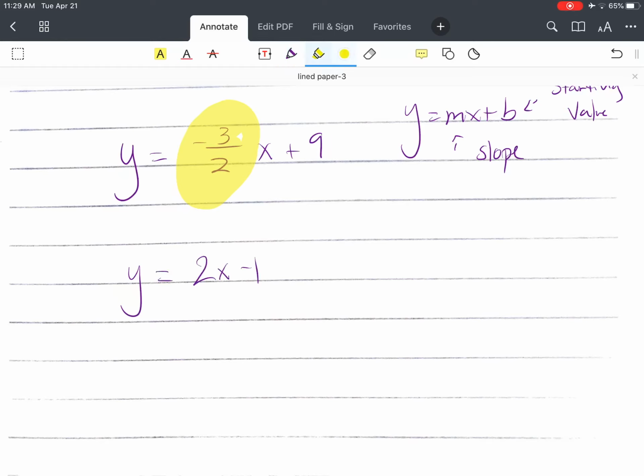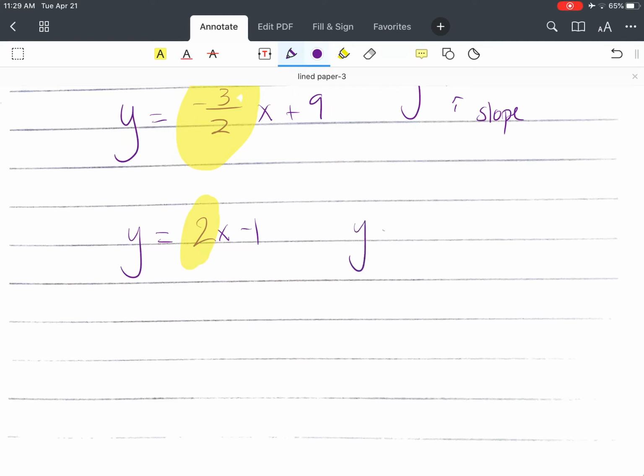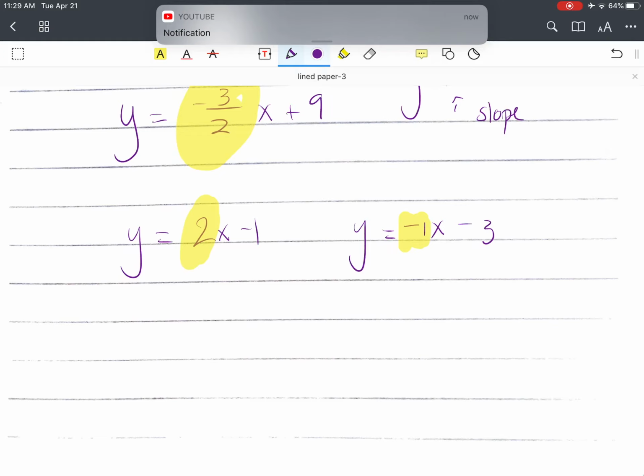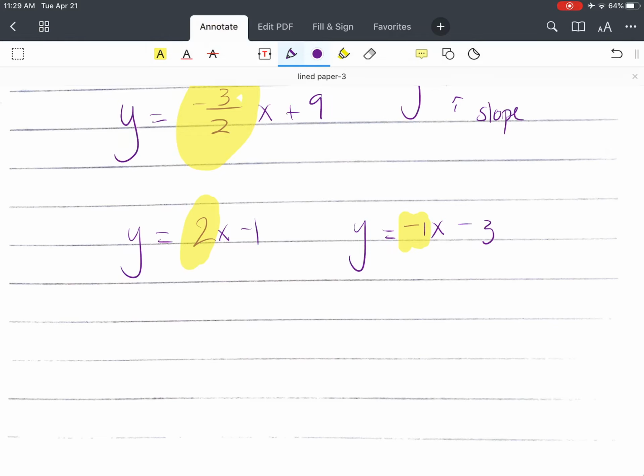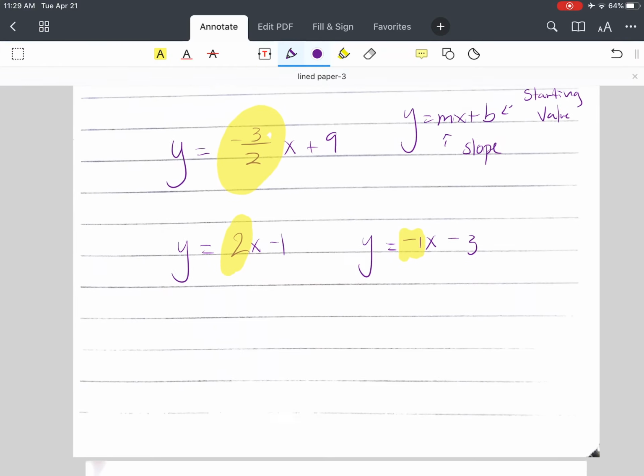What about here? y equals 2x minus 1. What's the slope? You got it. It's 2. Let me throw a curveball at you. What about y equals negative x minus 3? What's your slope? If you said negative 1, you're correct. There's technically a 1 right here, so it's negative 1. All right. So I think y'all are ready to go ahead and try